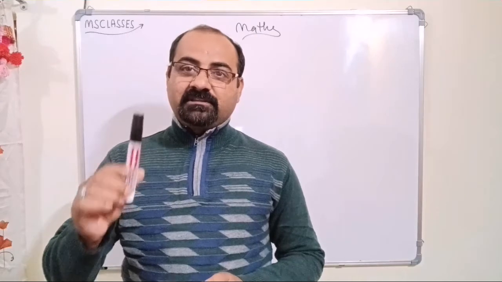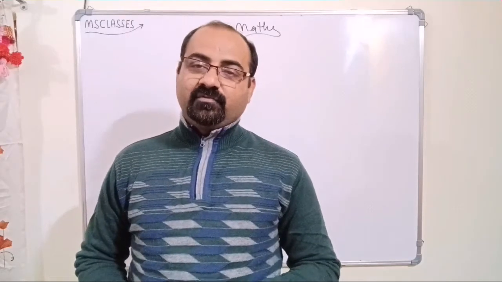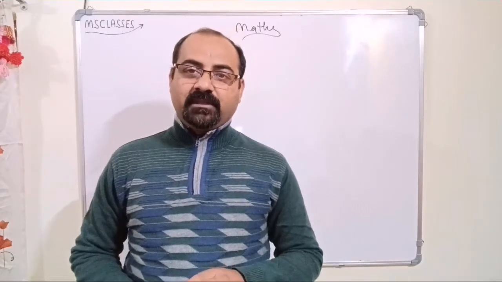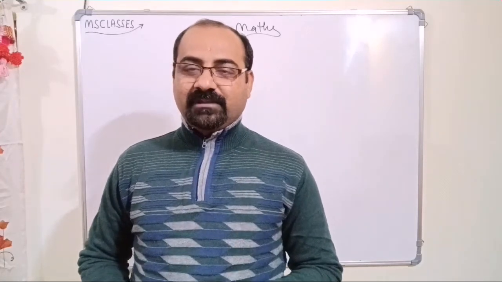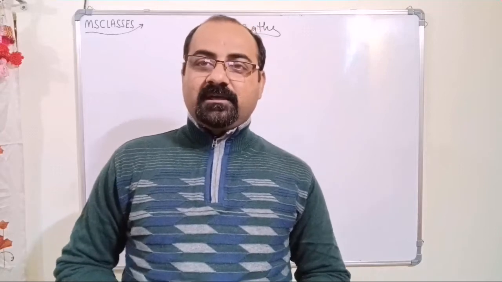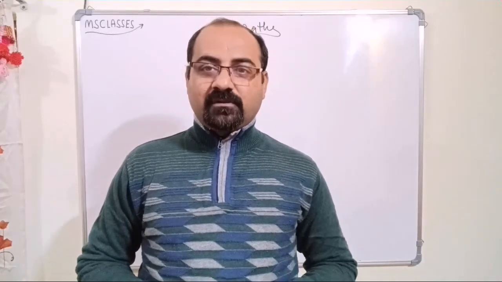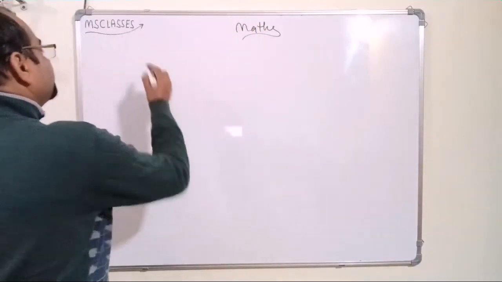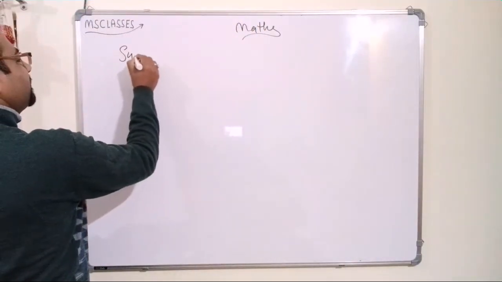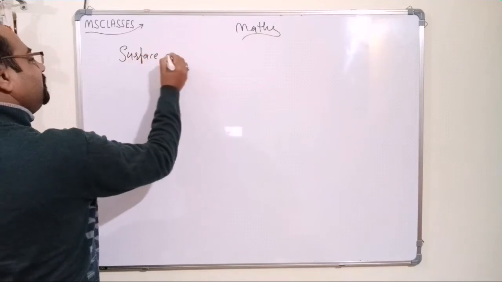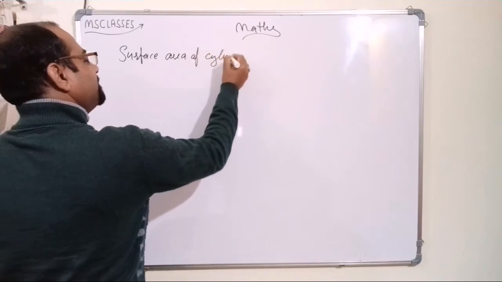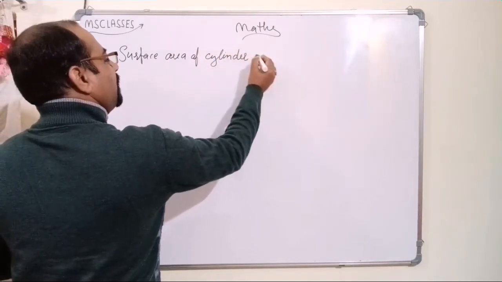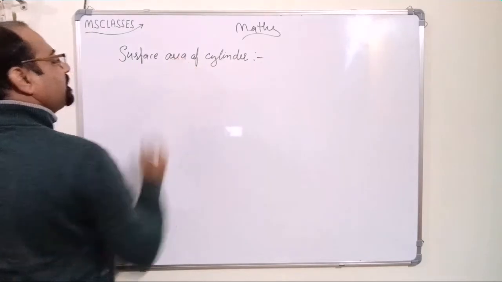And one thing more, the area of a glass. So today we will discuss three topics on the same thing, that is the cylinder. Let us see how to make the cylinder and how to calculate the area of the cylinder. So let's come to the surface area of a cylinder. First of all we see what is a cylinder.